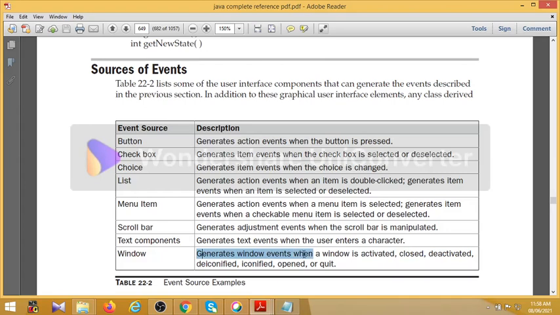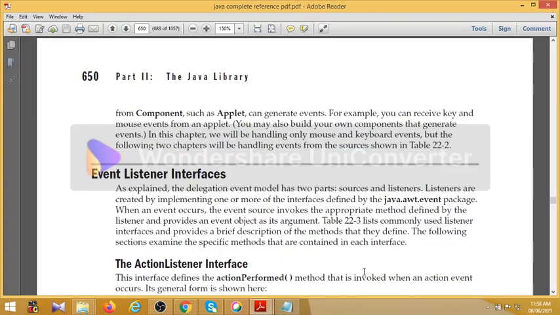It generates window events when a window is activated, closed, deactivated, de-iconified, iconified, opened or quit. So whenever we are closing the window, focusing the window, opening the window, or exiting from the window, at that time different window based events will be generated. So these are the sources of events.